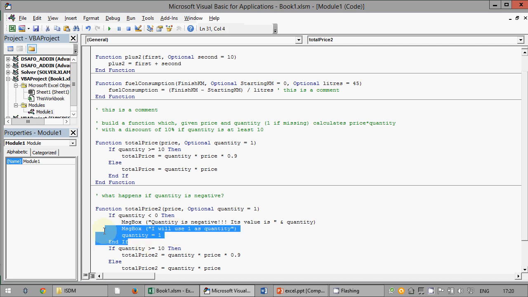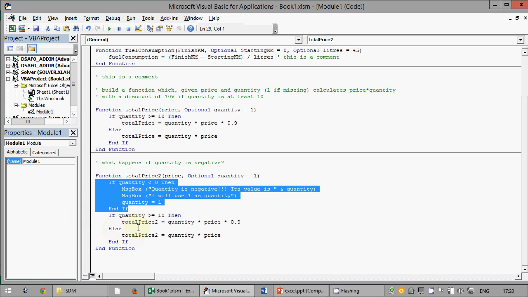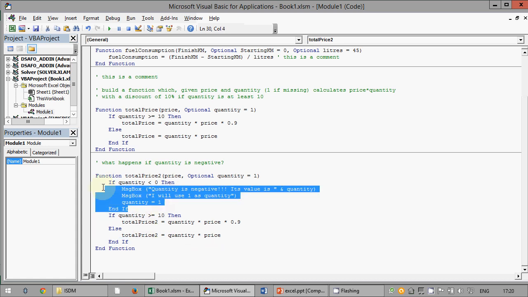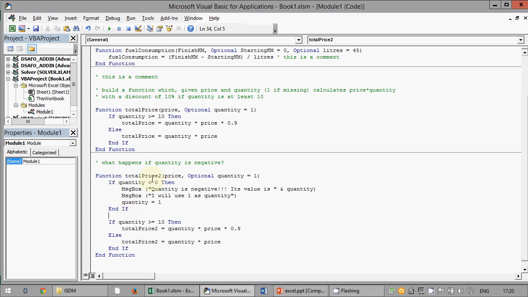So you can see that in the if, the else part is optional. If you don't need it, you can skip the else part. Put the else part only if you need it. For example, here we don't need it, and I have skipped it. Please don't abuse message boxes because the user will be very annoyed.